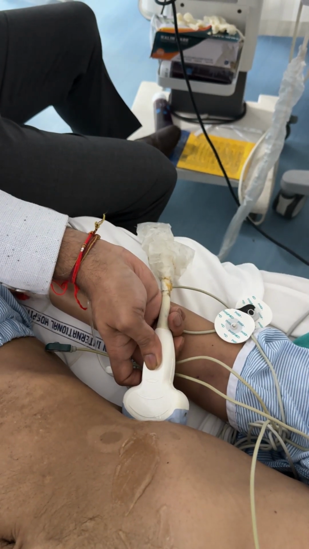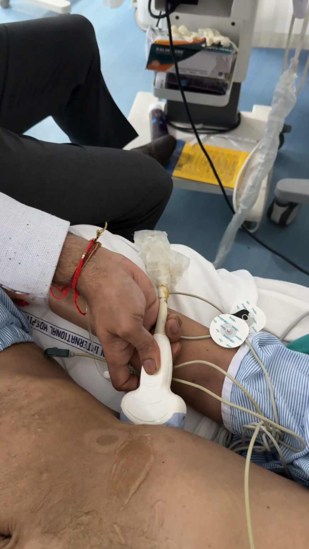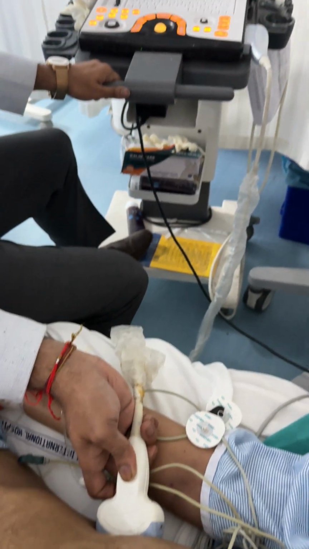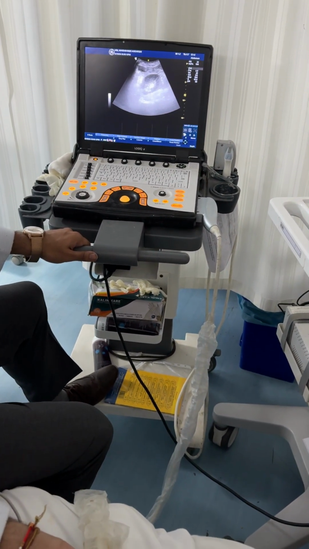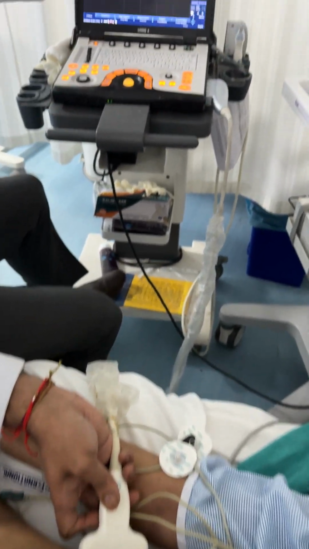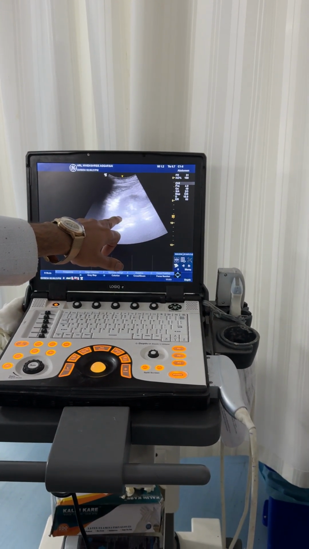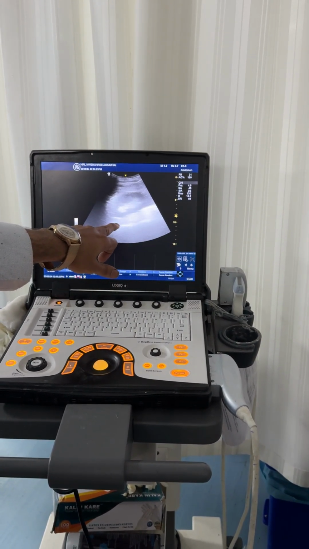Now the problem that arises when you are seeing this window is that there are ribs. The ribs will create artifacts. As a result, it won't be visible. So what you have to do is orient slightly obliquely so that the rib artifact is gone. Now what can you see here? This is the kidney. Just above the kidney, if you see out here,